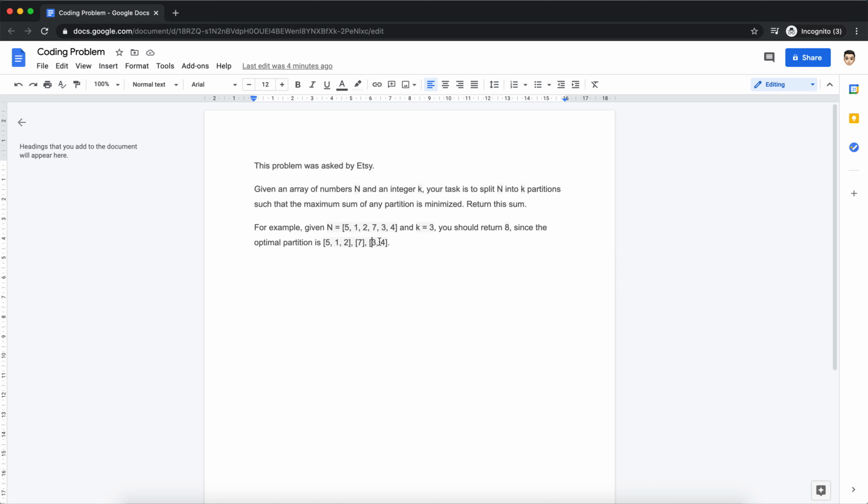So I know that I can have one or two partitions having 7, but because I need to get to that integral value of 22, one of the arrays is going to have 8. So the best possible partition that I can do is this: 5 1 2, 7 by itself, and then 3 4. And because the partitions 5 1 2 and 3 4 have a sum of 8, that should be our answer.